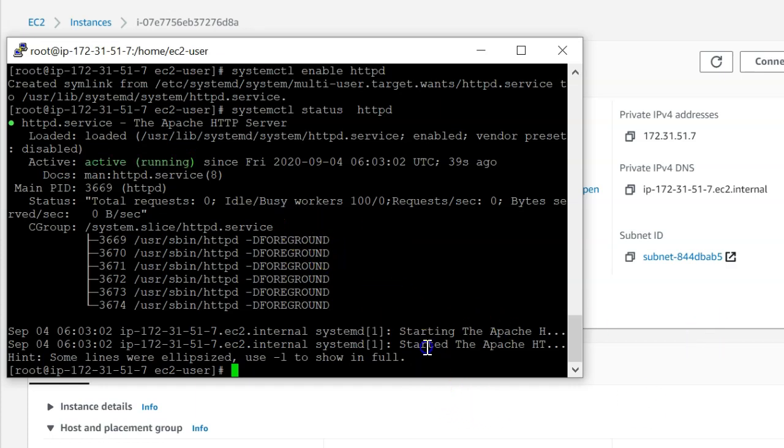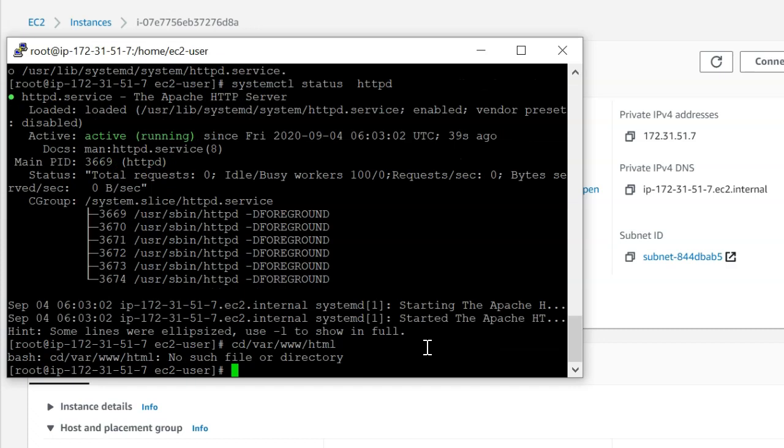Since this is running, now we are going to publish our first web page here. You need to do one thing first. After installing the Apache server, which is basically what this is, we are going to put an HTML page to be published. So use the command cd /var/www/html, and then hit enter.